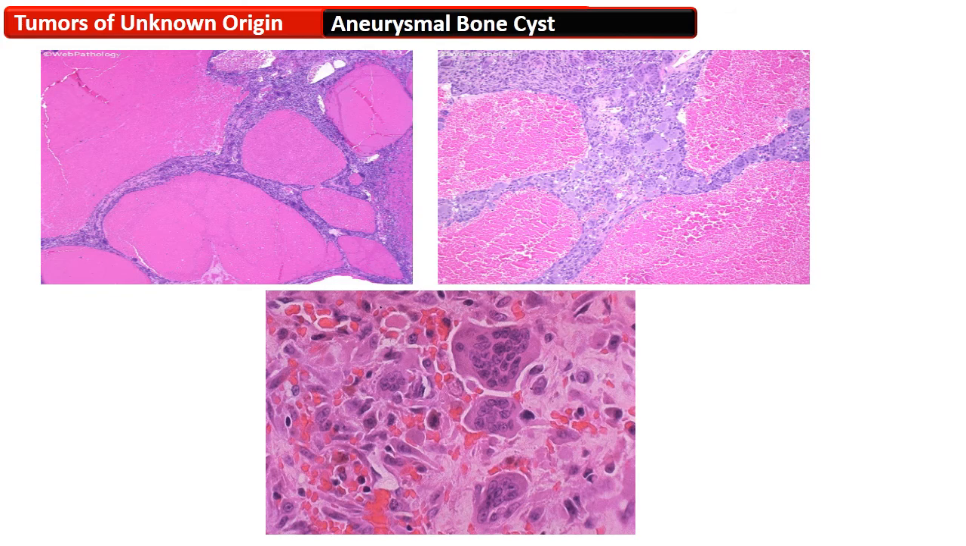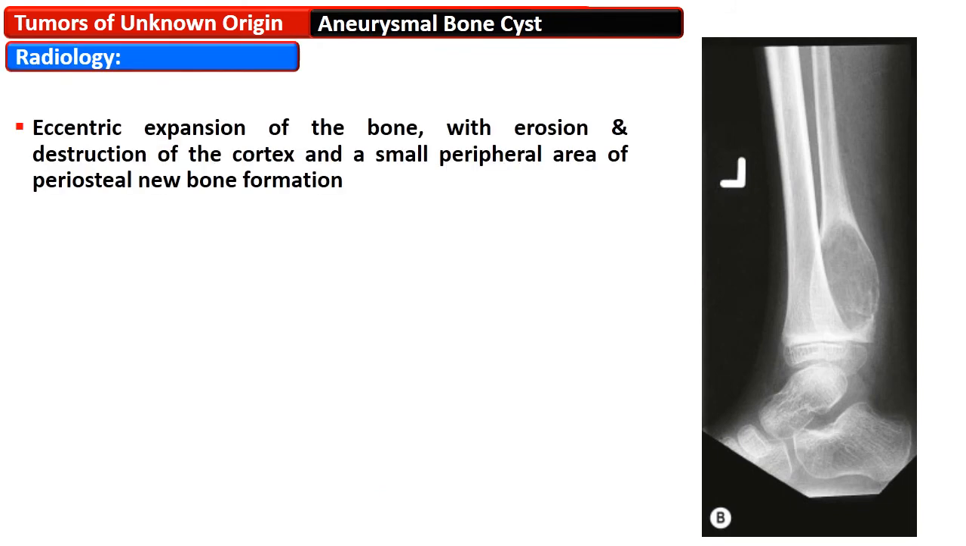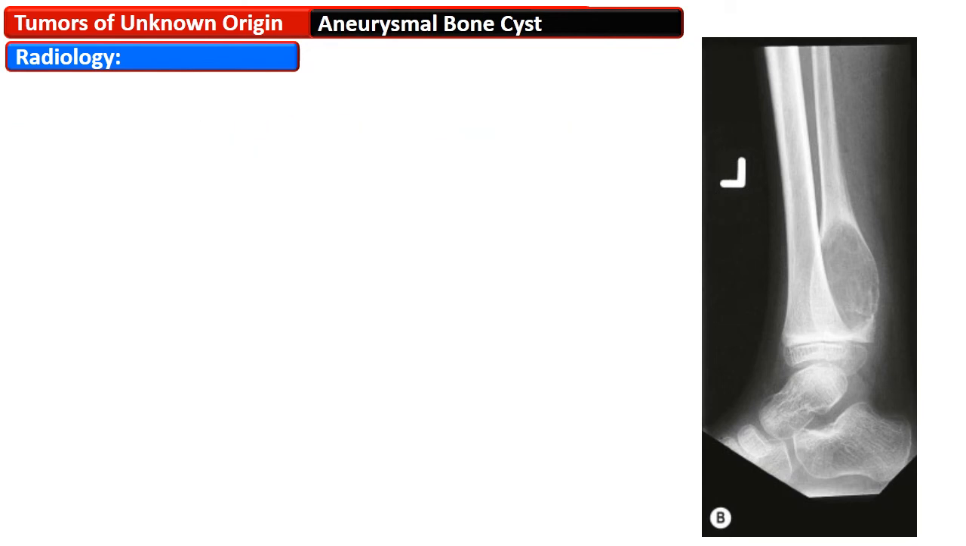This picture is showing an aneurysmal bone cyst, high power view, which shows clusters of giant cells with a background of spindle cell proliferation within the septi, and there is vascular proliferation also. This is the radiological appearance of the aneurysmal bone cyst, which is characterized by the eccentric expansion of the bone with erosion and destruction of the cortex, and there is a small peripheral area of the periosteal